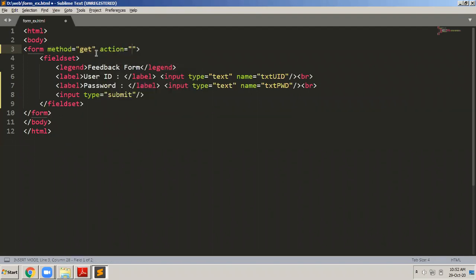In the action attribute, you have to mention the name of the PHP file which you want to execute when the submit button is clicked. When the form is submitted to the server, which PHP file on the server you want to execute. The name of that PHP file should be written in the action attribute of the form tag, the name of that PHP file which you want to process after the form is submitted. So if you have written this HTML page, you should also write the process.php file.